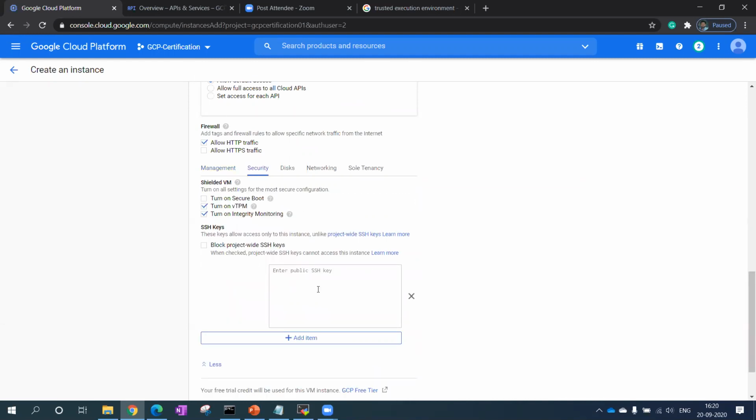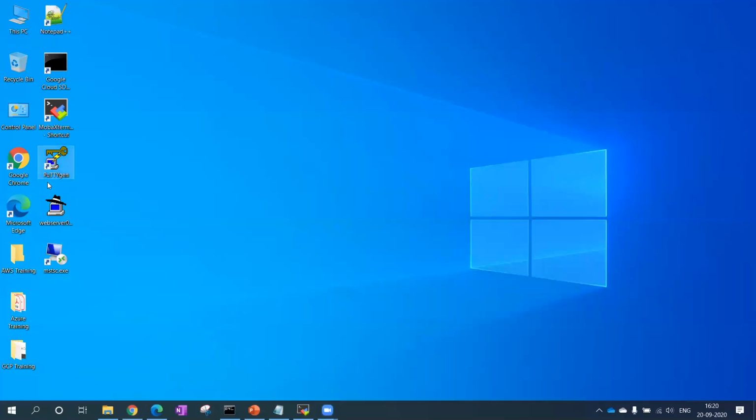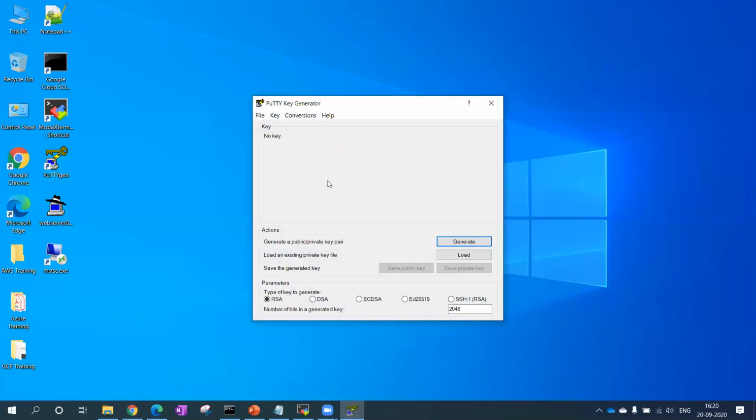In security, in the entire process I'm not getting any user, but for example I want to create a user, then I can create a user by using the SSH key. I don't have an SSH key right now, so I have to create it. I can show you over here. For example, I have downloaded PuTTYgen. I can open PuTTYgen and generate one key.